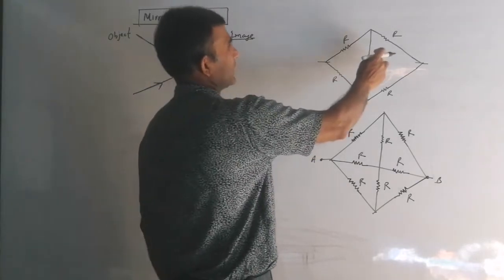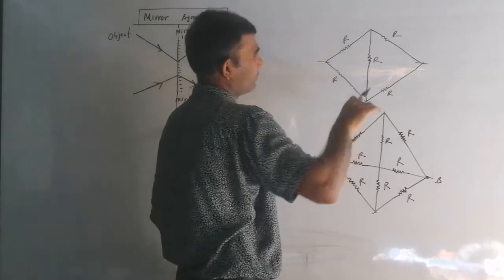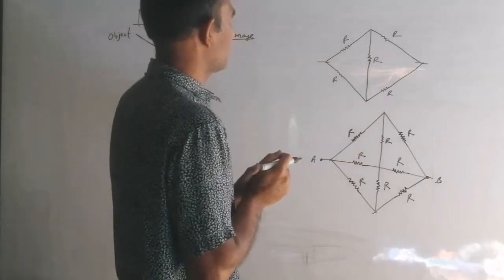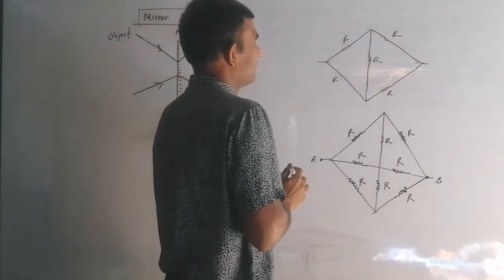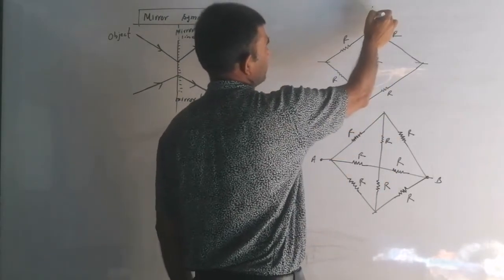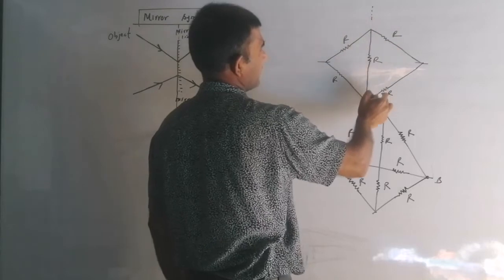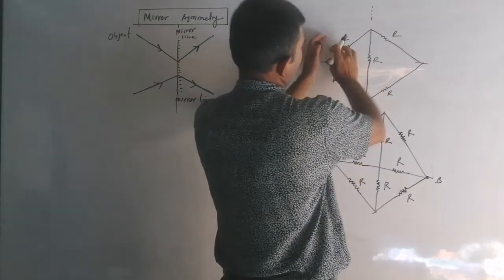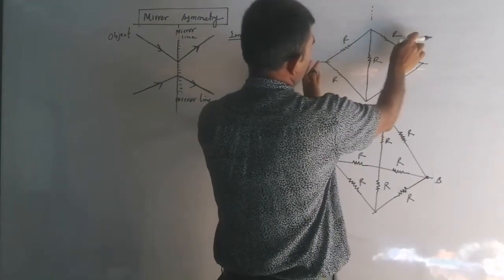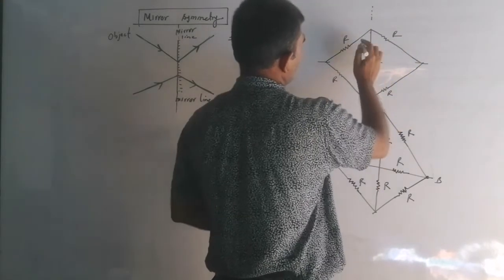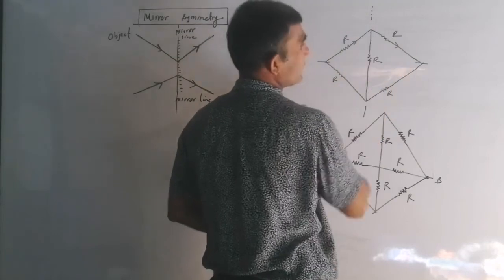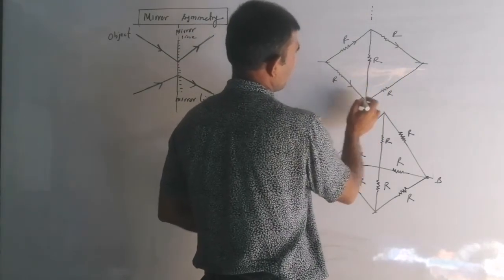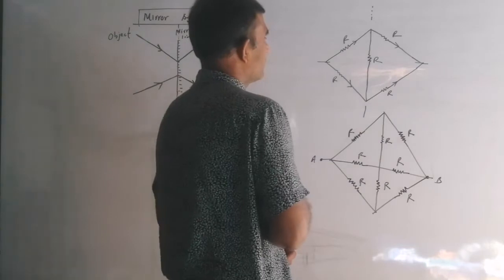See this. Here is one figure I made. To save our time I already made the figure, with all resistances R. Now suppose here is the mirror line, then what do I find? This and this are object and image. So what will be the value of current in this? The same current will be in this. How much current is coming through here, that much current is going through this.